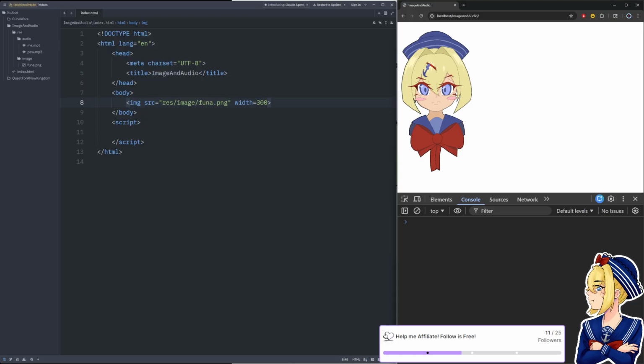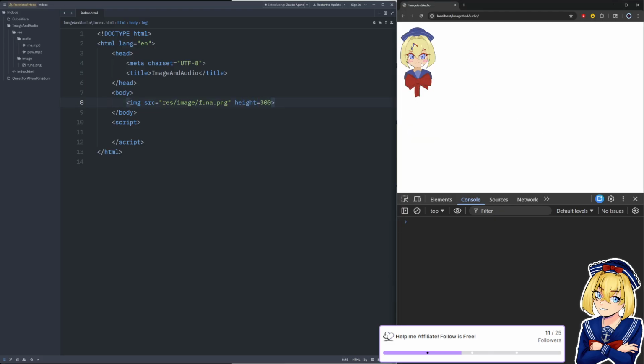And this is a really easy way to add images to the page, right? You just have an image, this is the resource, and then we set the width, and the height is actually dynamically scaling to match the width. You could also do like the height is 300, and then the width would dynamically try and match that.